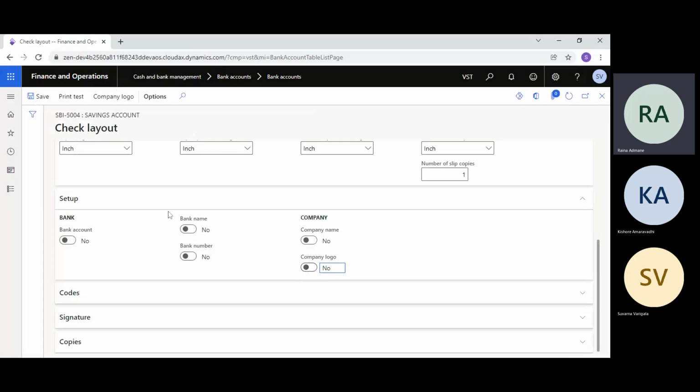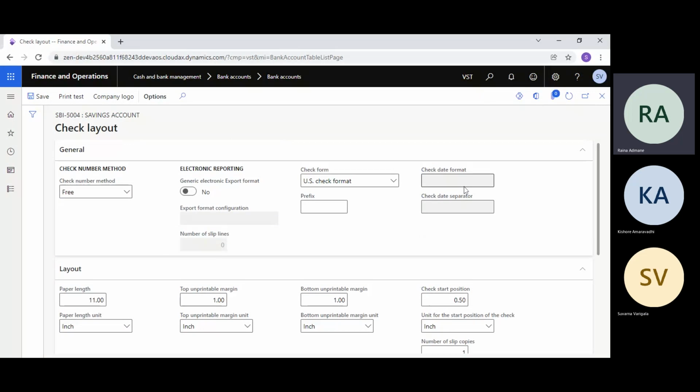Also, there are options like you can print the company name, but it will pick up the company name from the legal entity name, which may not be the exact full name. Sometimes it's a Zinsax Private Limited or International, a big name. So generally what we suggest is don't print it here, but in the format you can print whatever you want.